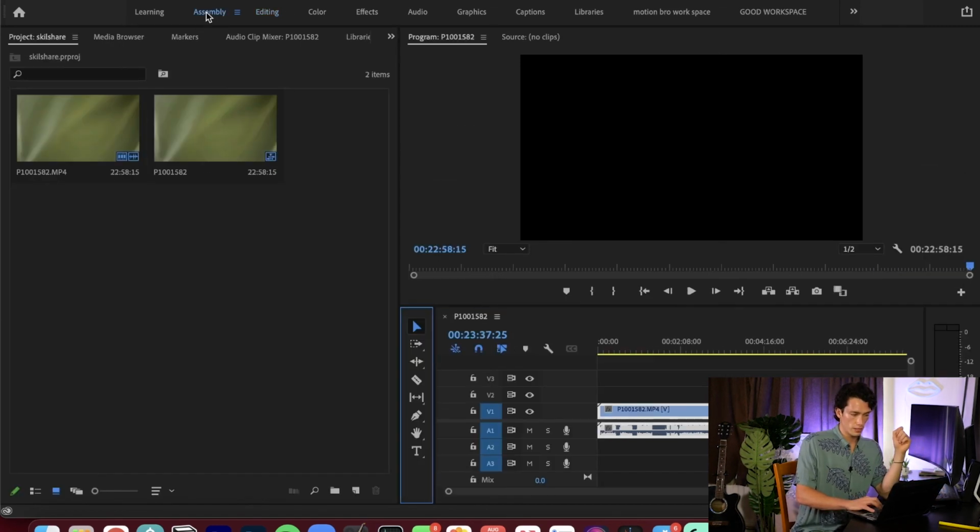And then if we revisit some of the panels, we'll see that we've now got a different source. So we can see that our source in the assembly section has got the file P100, which is the one I just drag and dropped. So that's what I was talking about earlier on. We can see